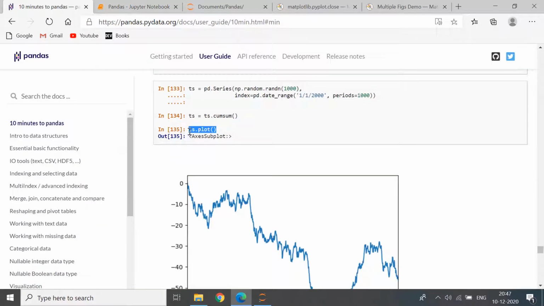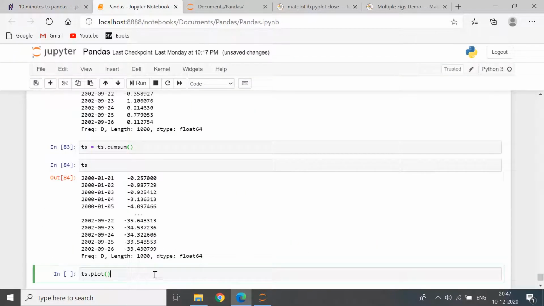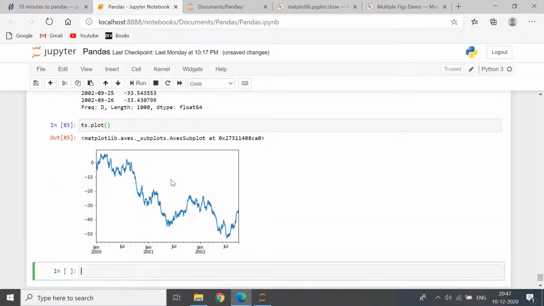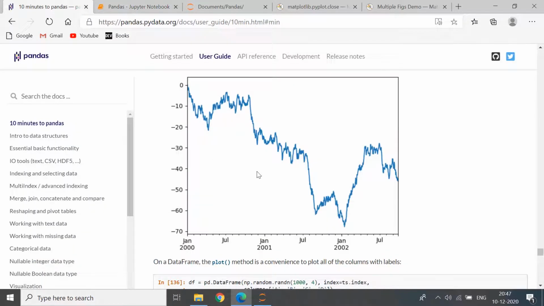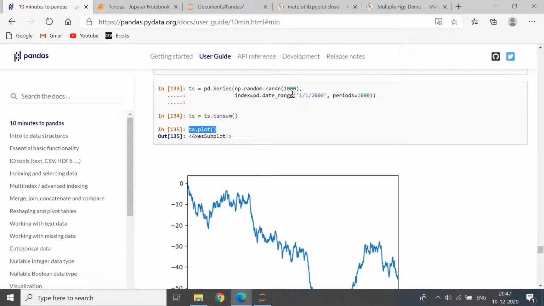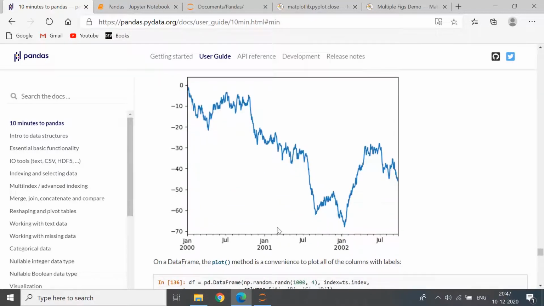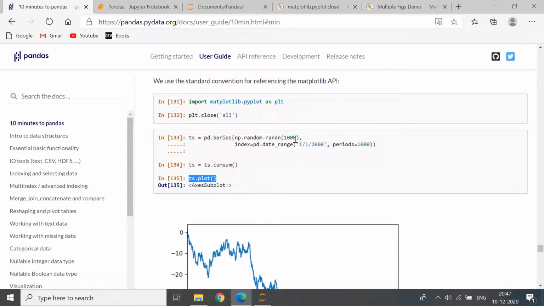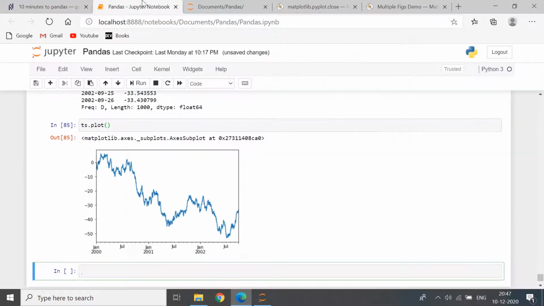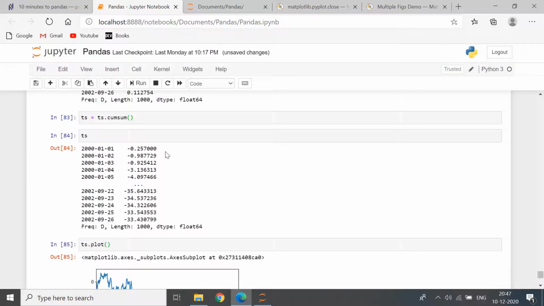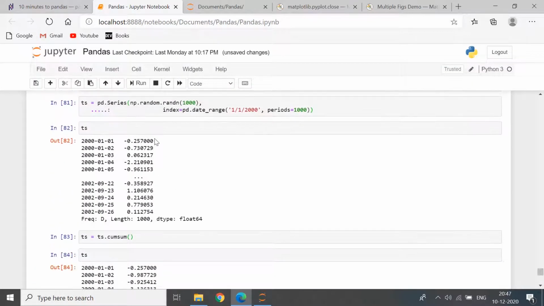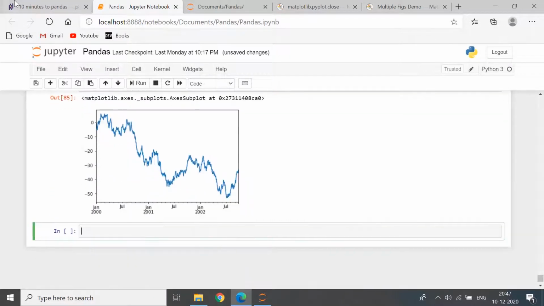And now we are doing something called ts.plot, and here we go. So we have this plot right here, and right off the bat you might see it's different from here, and you might guess the reason because we've seen that countless times by now. But even if you aren't able to, it's just because we are taking random data. The property of random data is it shouldn't be the same. So in taking 1,000 values, there should be a very low chance that we both get the same graph.